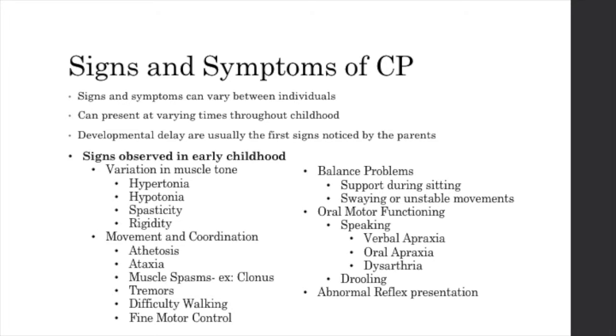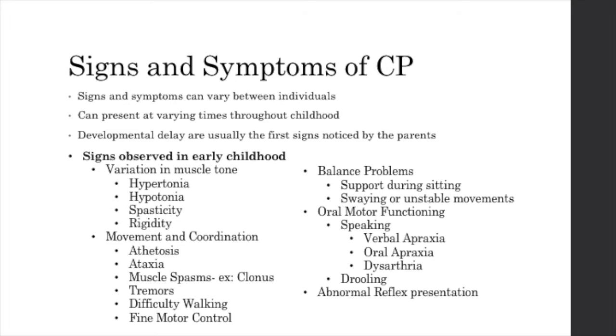Oral motor function may also be affected. Oral function may be affected through verbal apraxia, oral apraxia, or dysarthria. Apraxia is a neurological condition that affects the ability of the individual to transmit the signal to muscles to make the proper sequence of motions with oral muscles. With verbal apraxia, the individual may have trouble producing the movements needed to clearly articulate words. Oral apraxia deals more with the inability of the oral muscles to make or produce non-speaking motions, and such an example would be licking the lips.